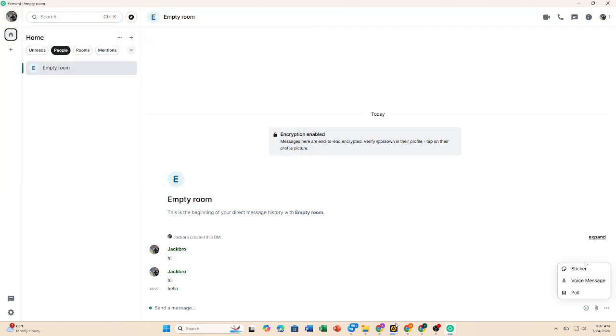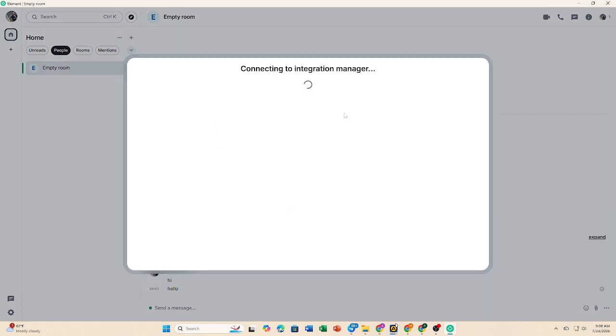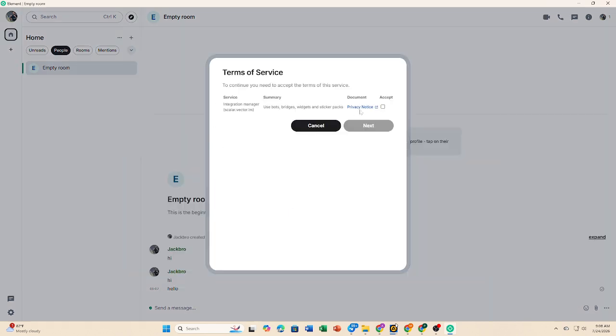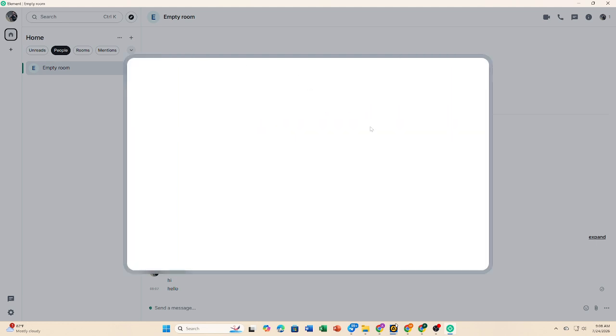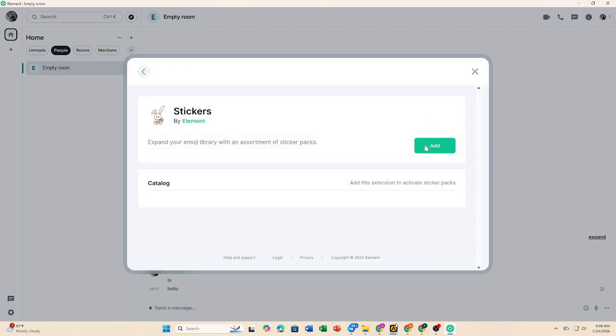Finally, if both users have encryption enabled, verify each other's devices to increase the security of your private conversations and help ensure you're communicating with the correct person. And that's it. You now know how to start a chat in Element Messenger and securely communicate with other Matrix